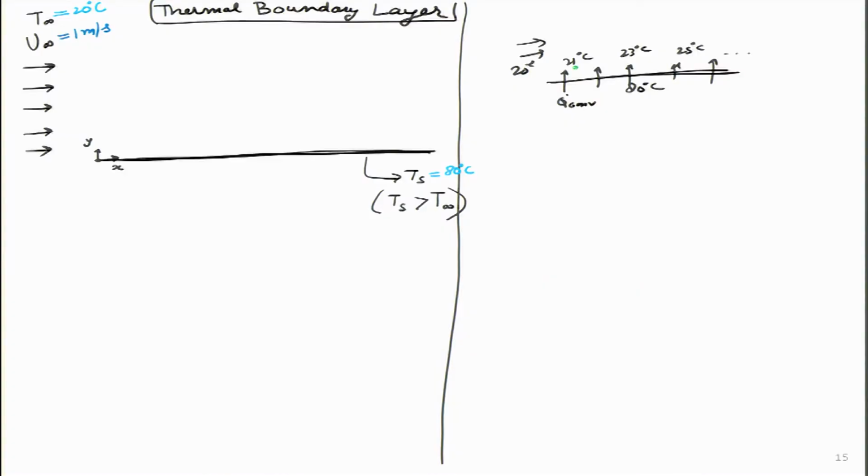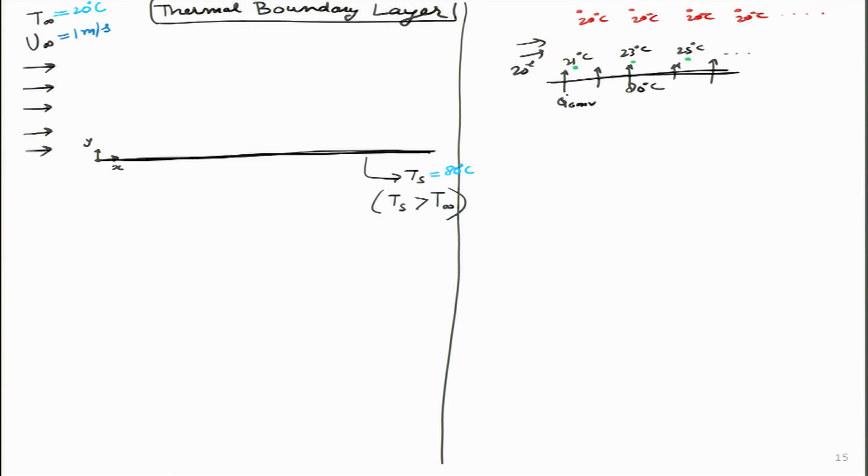As the air moves forward, it should get hotter and hotter because it is gaining heat from the flat plate below it, right? But is it only true for those air molecules which are closest to the plate, or is it even true for the air molecules which are, let us say, 3 meters or 4 meters at a higher position? So these dots I will represent for these temperatures over here. These are air molecules which are very close to the plate, but what happens to the air molecule which is very far away? Maybe they will still remain at 20 degrees.